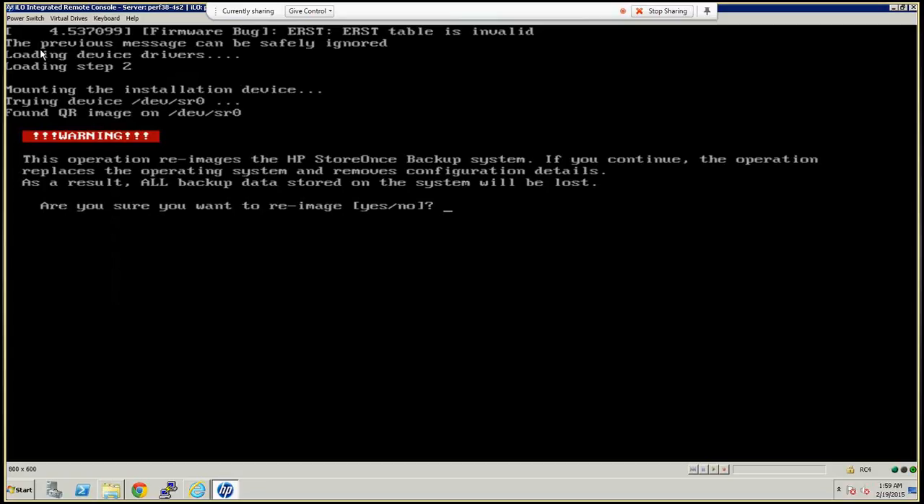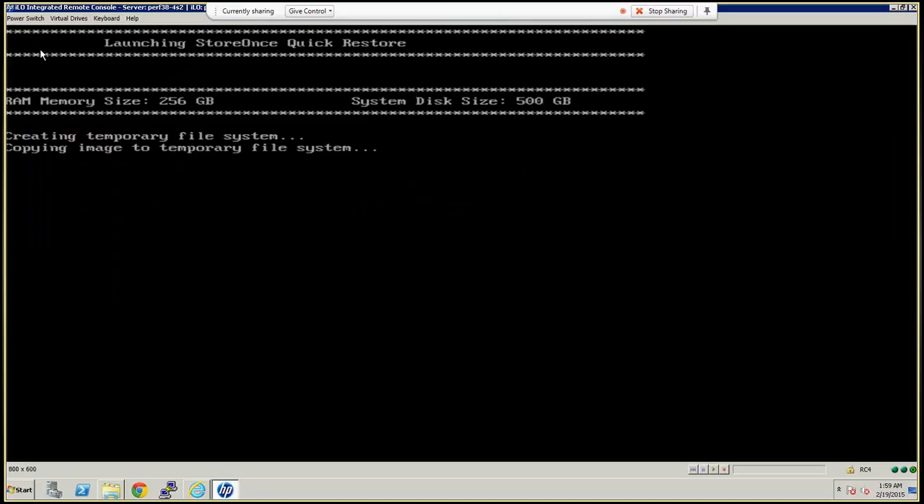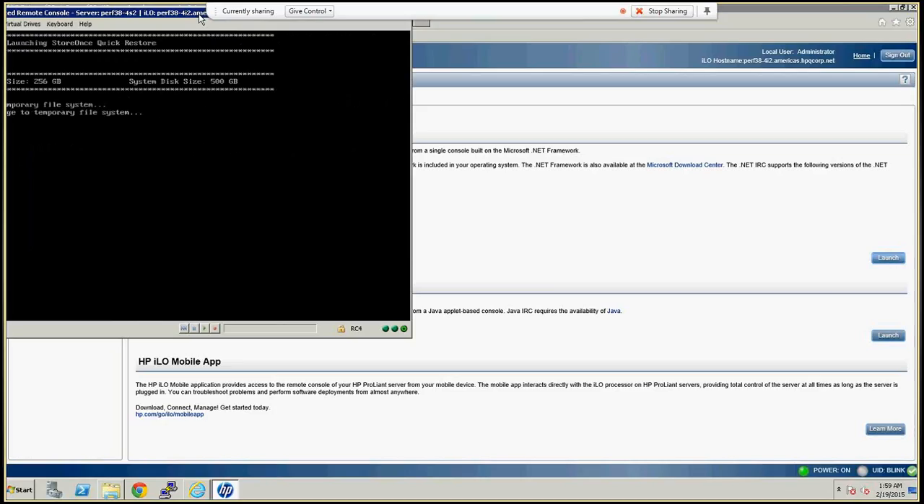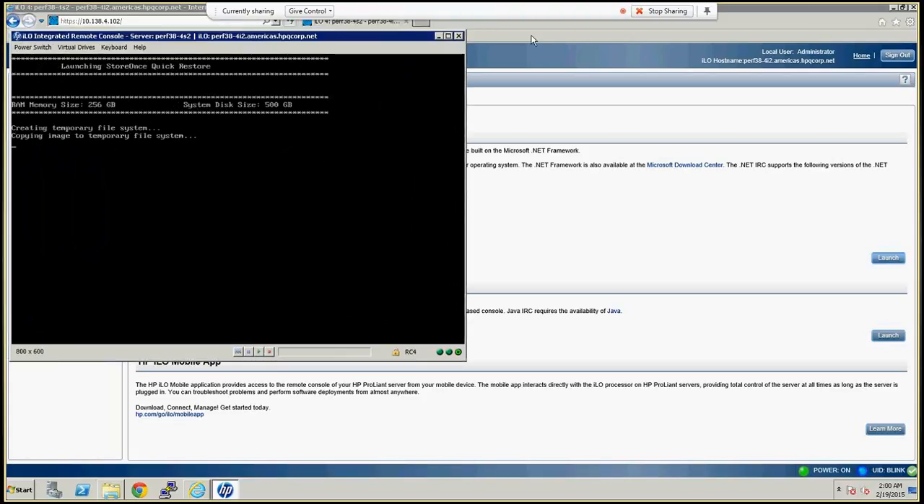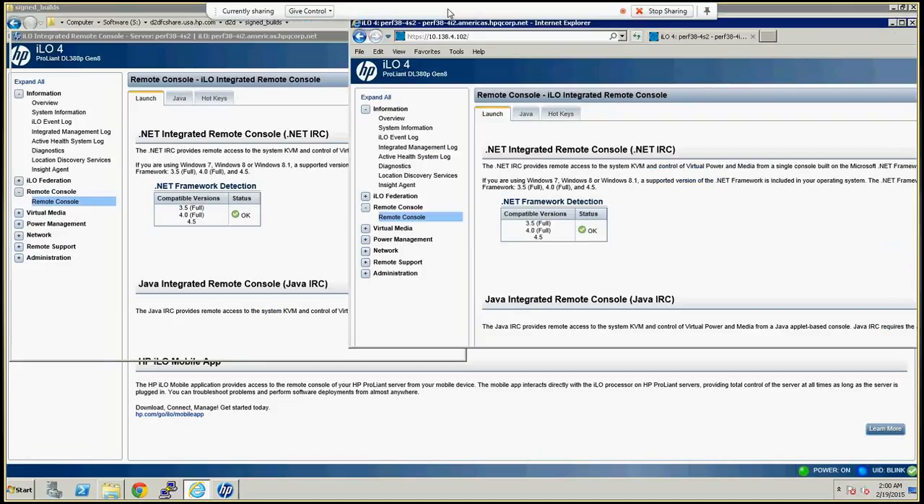If I press S, it will start, and you can see that it's copying the image to the temporary file system. So it does this first step where it creates some logical drives and puts that temporary image onto them, and then asks me to press any key to reboot. So once I do that,